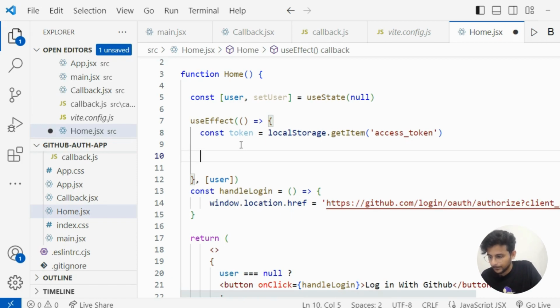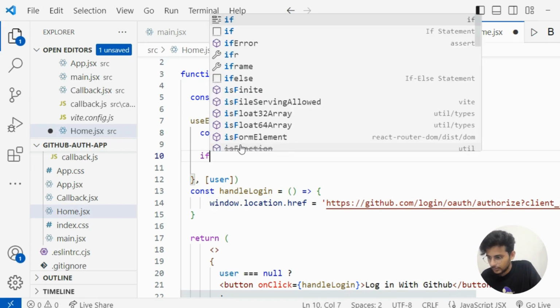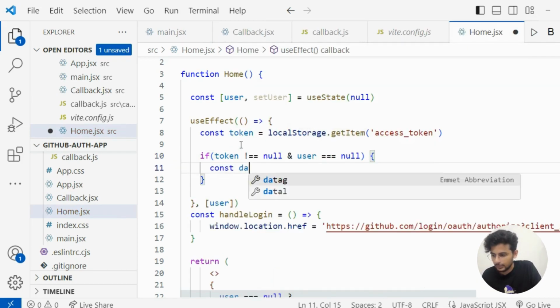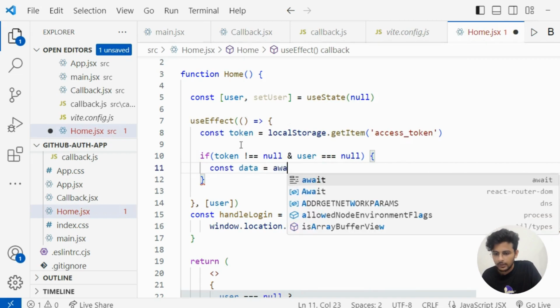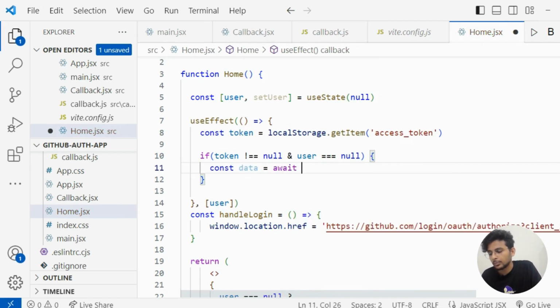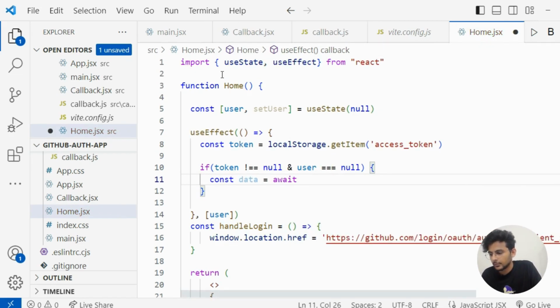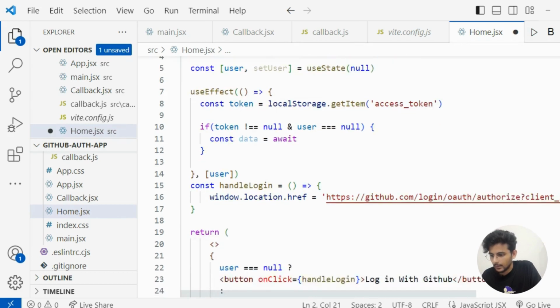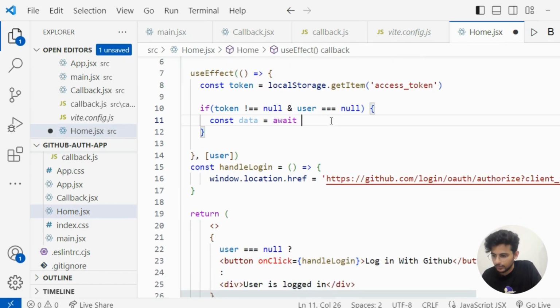Okay, so if token is not equal to null and user equal to null, then we'll fetch the user data. So let's say data is equal to await. Now we need to import that function, right? Import getUserData from this callback.js file. Call that function getUserData.